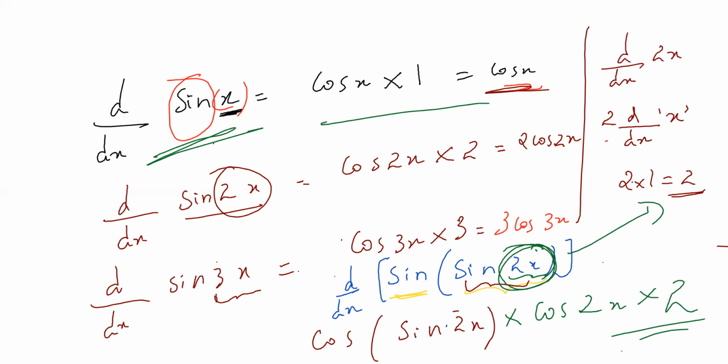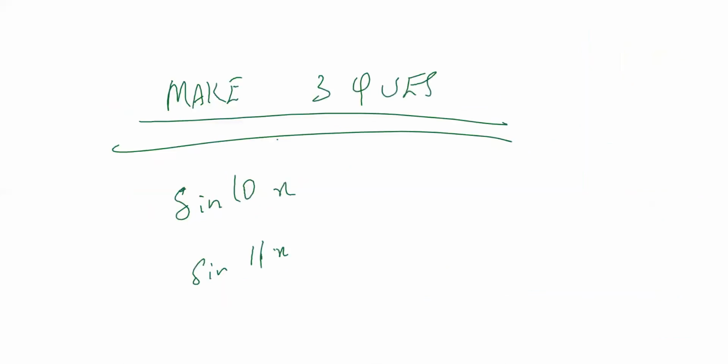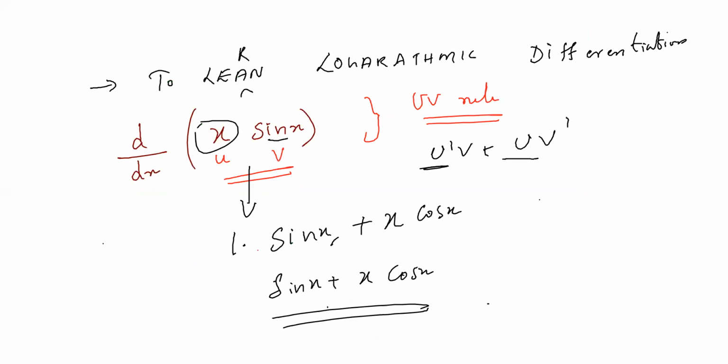Yes, I think completed. So those are easy questions, right? But our objective of today's class is what? To learn logarithmic differentiation. I'm coming to that. Now the most friendly guy in this differentiation and integration is e power x. Very friendly, because differentiation of e power x is what? E power x itself. And what is the differentiation of x? 1. So that's the reason it is e power x itself.